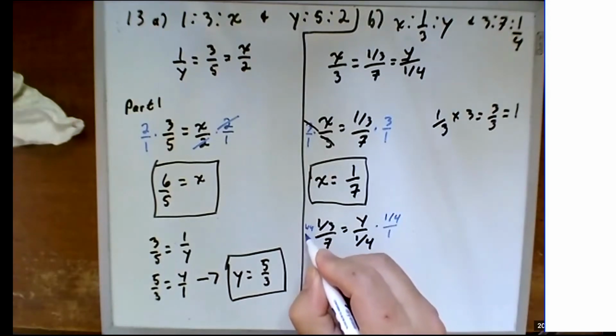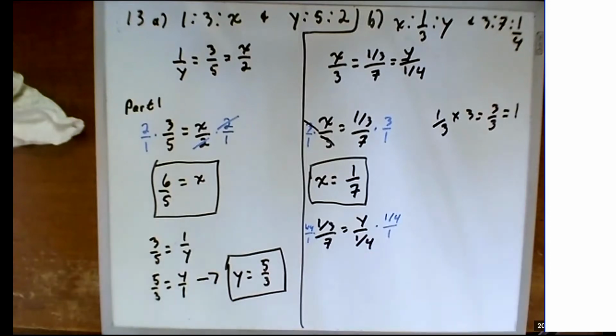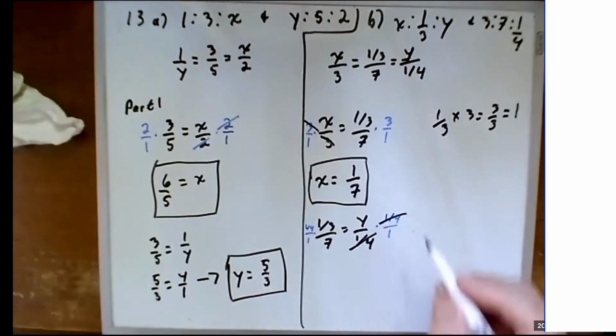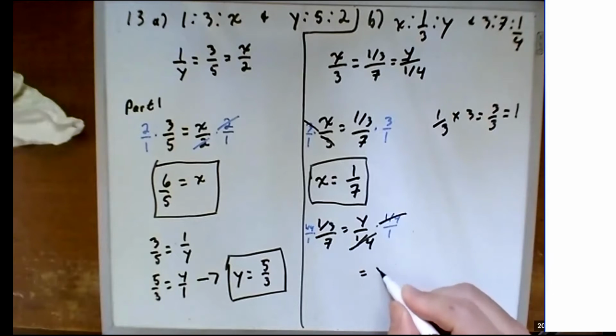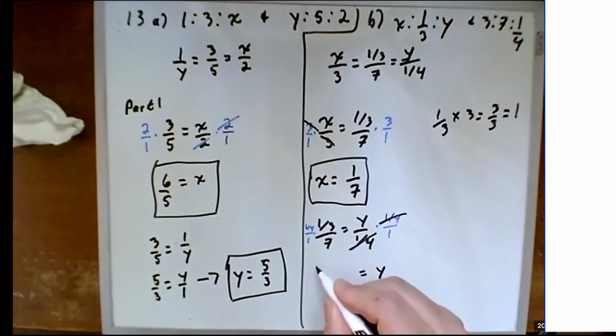It's a little small, but trust me, that says 1/4 over 1. When we do that, on the right-hand side our 1/4s cancel out, and we're just left with y. On our left-hand side, I have 1/4 times 1/3, which gives me 1/12,